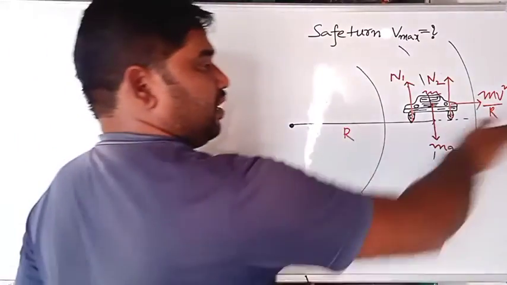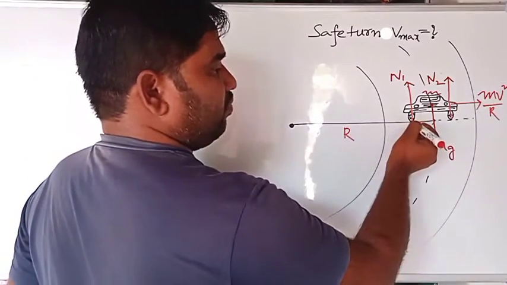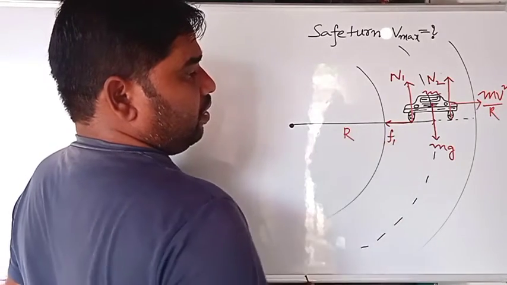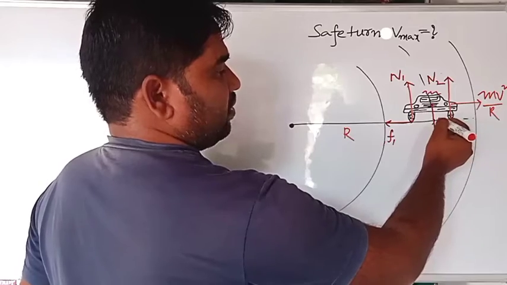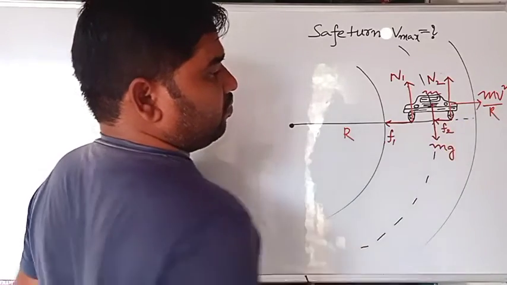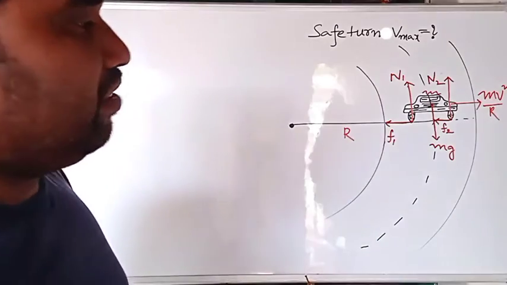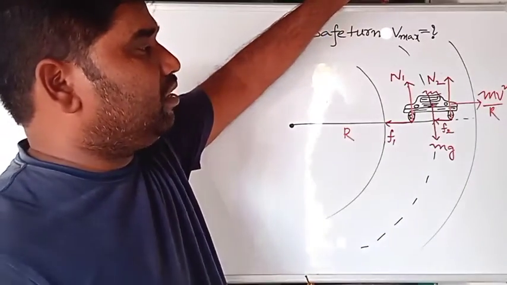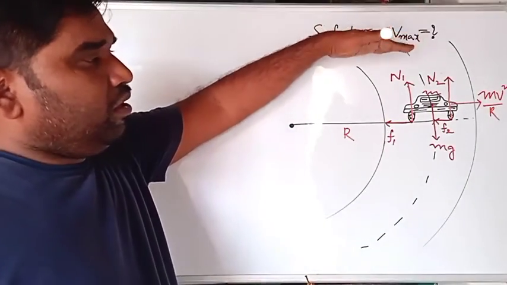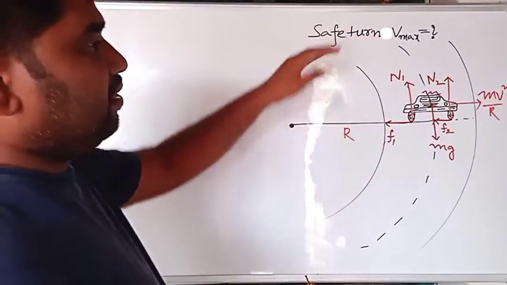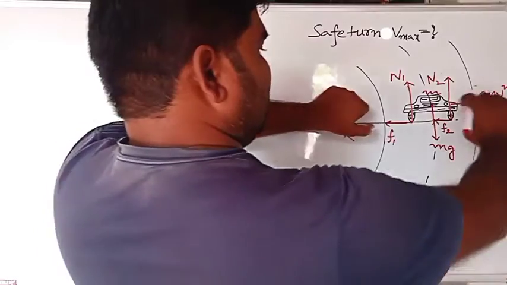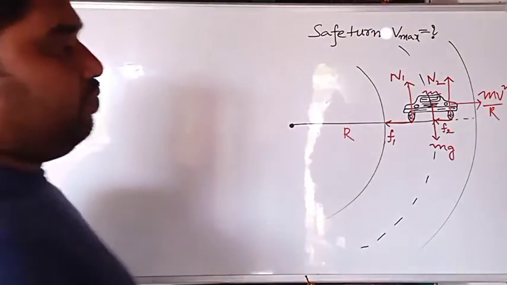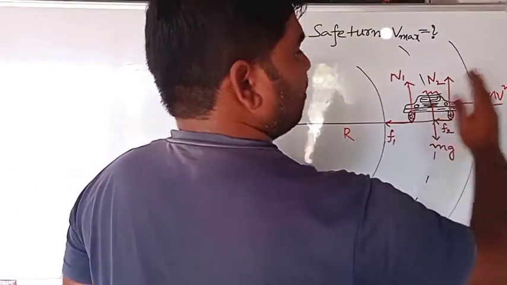Here it is turning, that's why the outward force is centripetal force. At the same time frictional force will act inwards. From one tire the frictional force is assumed as F1, and from the second tire the frictional force is F2. Both will act inwards because outwards centripetal force is acting. Now our question is safe turn, what is the maximum velocity? For that, inward force must be equal to outward force. That is, frictional force equals centripetal force. Then only it can move forward due to centripetal force without getting skid outwards.